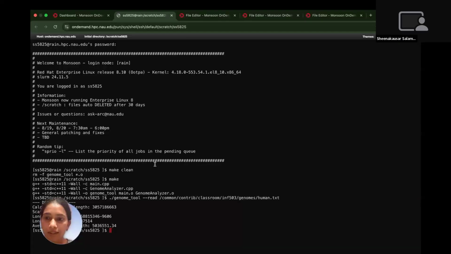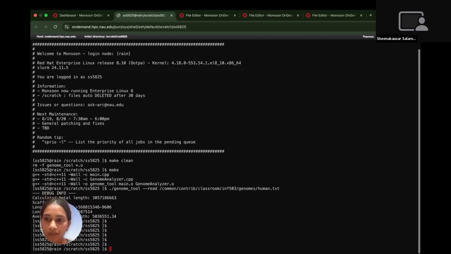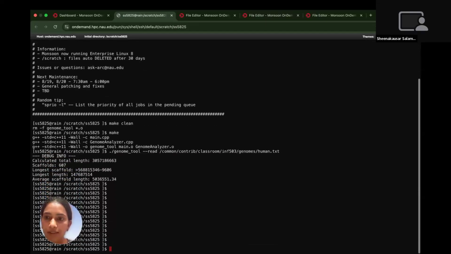You can see my final status from the query: the scaffold length, the calculated total length, the longest scaffold and the longest length. This is the output of my part A, and it was printed using this hyphen read command with this path.